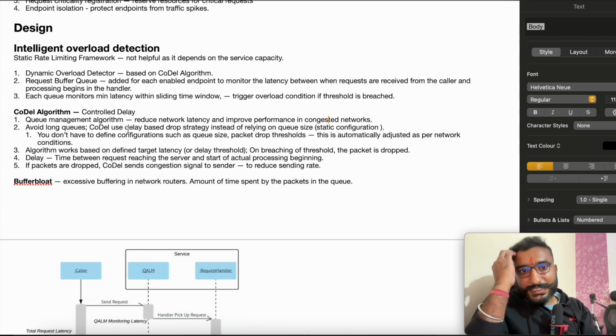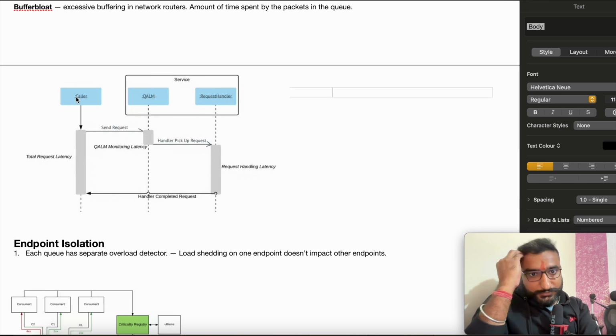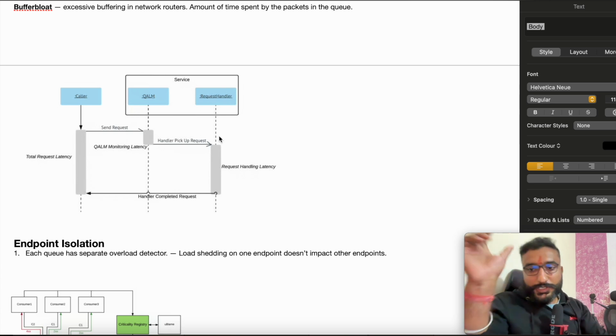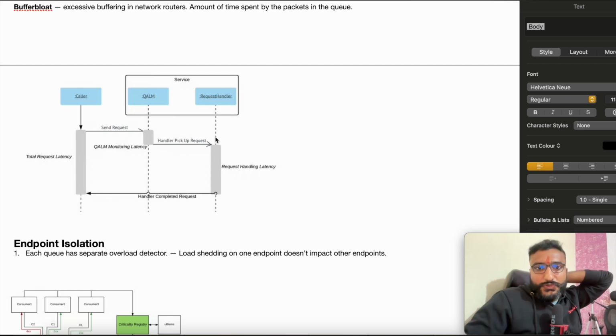When I say delay-based drop strategy, let's take this example. This is your caller. You sent a request. Let's say you have a queue here. Once the request has reached the service, it will be sent to a particular request handler, let's say your REST controller. There might be a delay in between: the request has arrived in the queue, then it will be picked up by a handler. The time difference between them